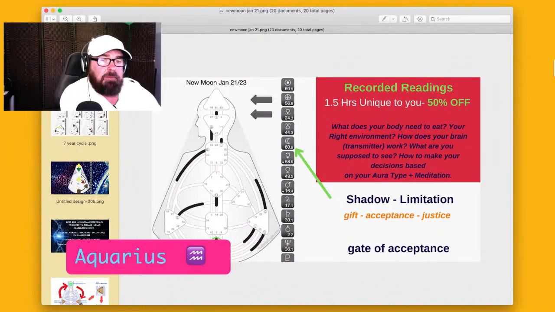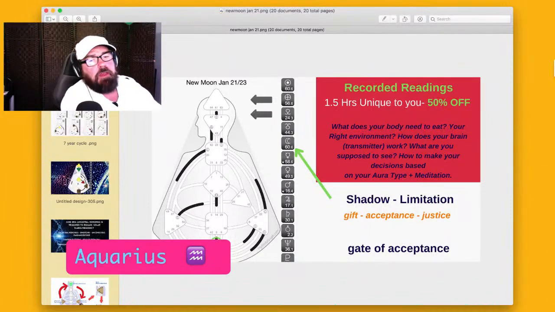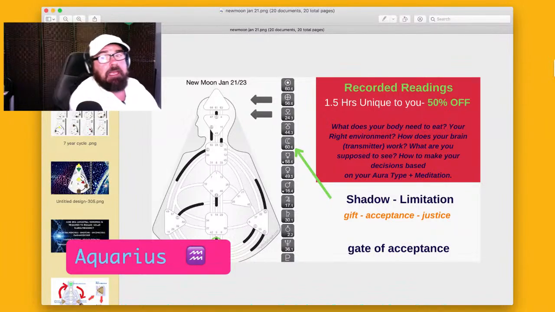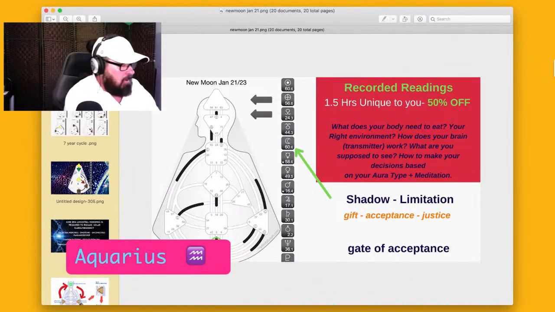So, let me just get some cards, because there's a lot of places to go with the 12th house. Okay. Well, the first thing we need to say is that it's an ending, like a big ending for you, of this dynamic of limitation, of feeling limited.